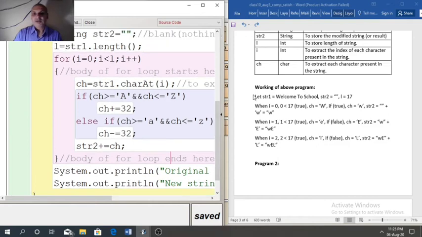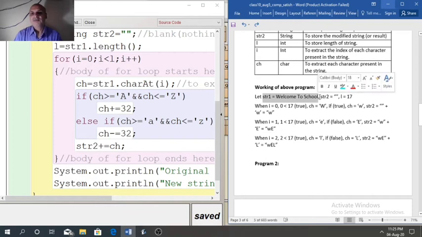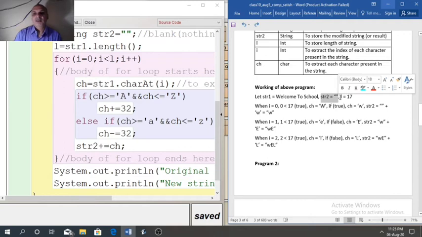Suppose our input is stored in str1, that is welcome to school. str2 is initialized with blank. Now L stores 17. It will store the number of characters.